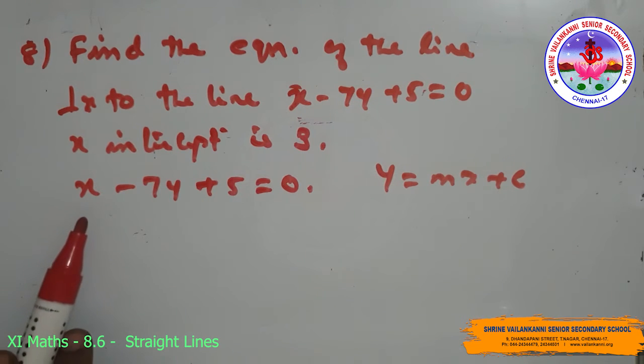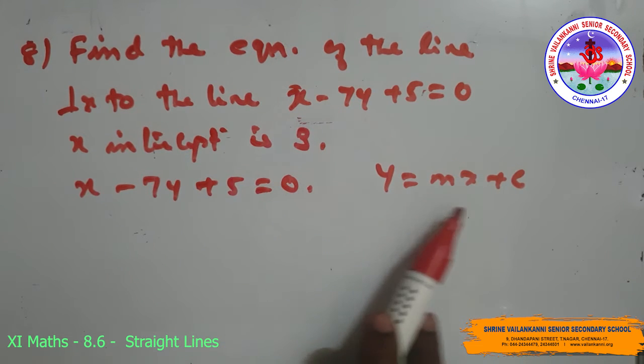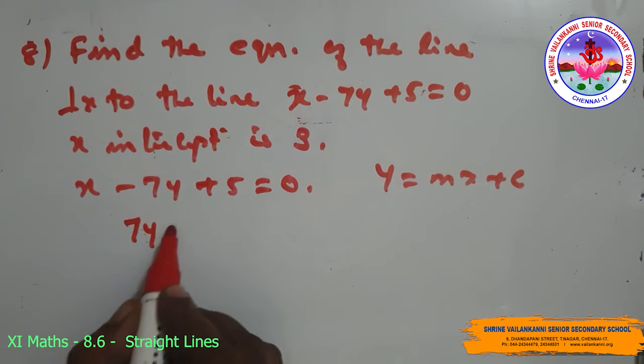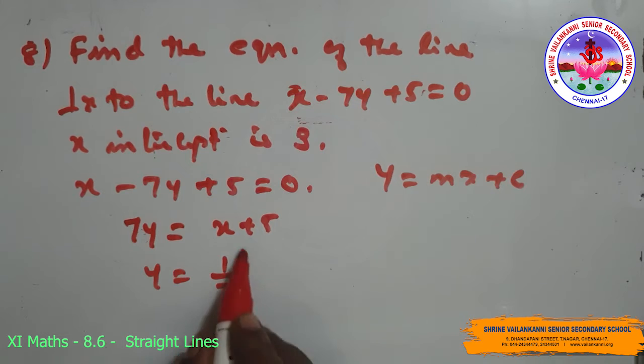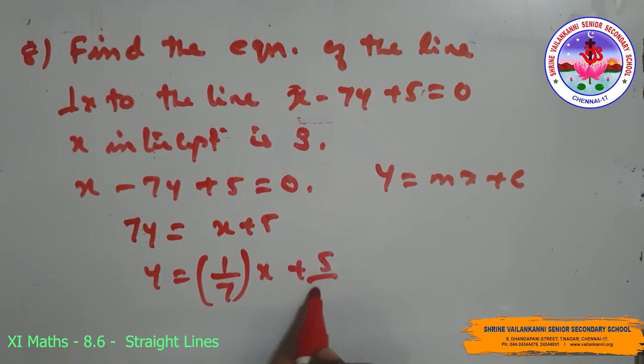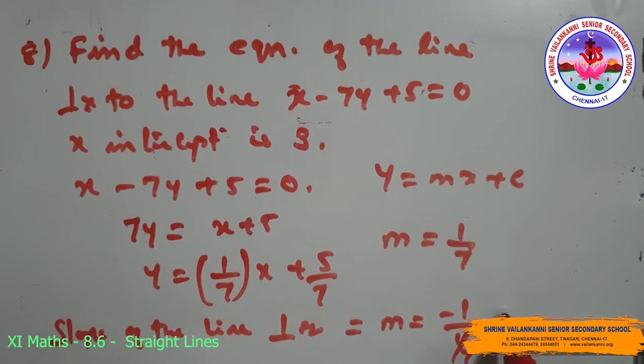So x minus 7y plus 5 equal to 0. Write this equation in the form of y equal to mx plus c, 7y equal to x plus 5, y equal to 1 by 7 of x plus 5 by 7. Slope of the given line is 1 by 7. Slope of the line perpendicular to the line having slope 1 by 7 is m equal to minus 1 by 1 by 7,